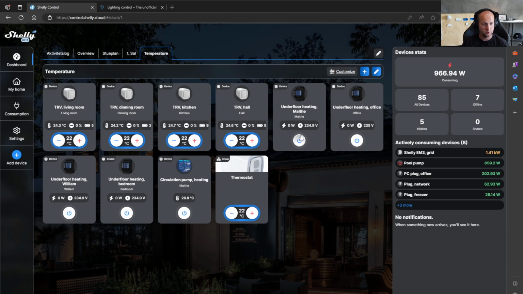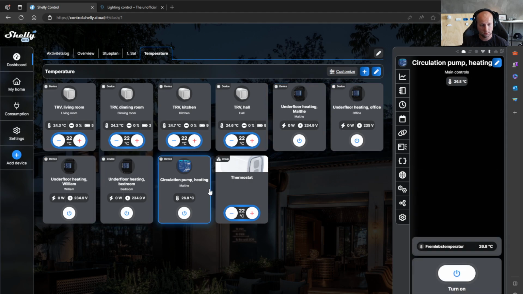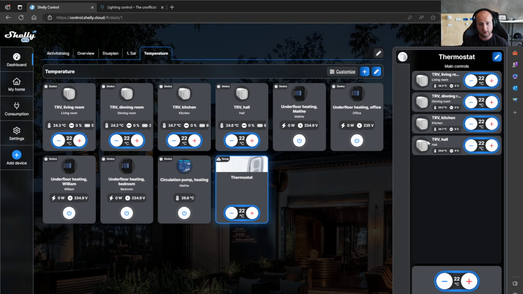I have a temperature overview here, where I can see my TRVs, and I can see the devices controlling my underfloor heating and my circulation pump. I have also made a group of all TRVs, so I can control them all at the same time if I want to. It's quite convenient. So yeah, that's the idea.